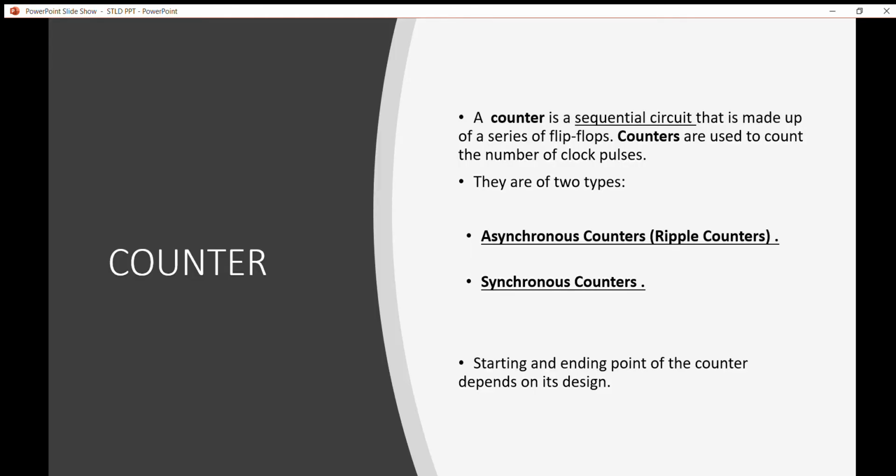First of all, what is a counter? A counter is a sequential circuit that is made up of a series of flip-flops. The basic purpose of a counter is to count the number of clock pulses. Counters are of two types: synchronous counters and asynchronous counters. The counting range, that is, the starting and the ending point, depends upon the design